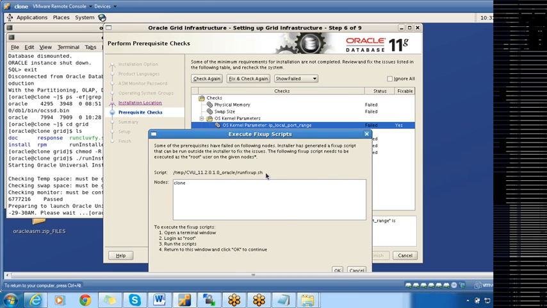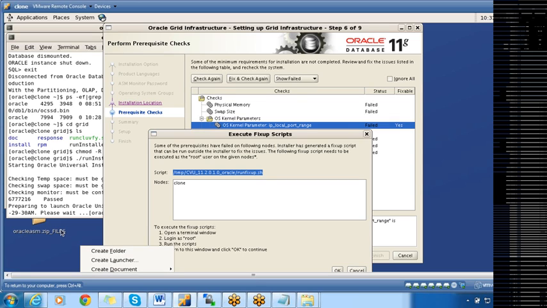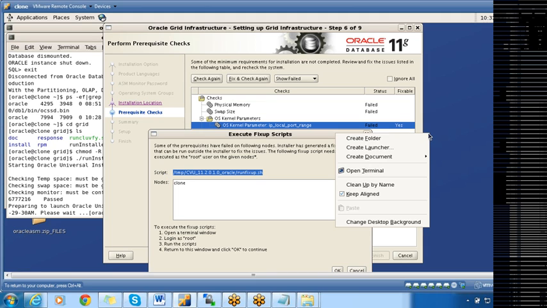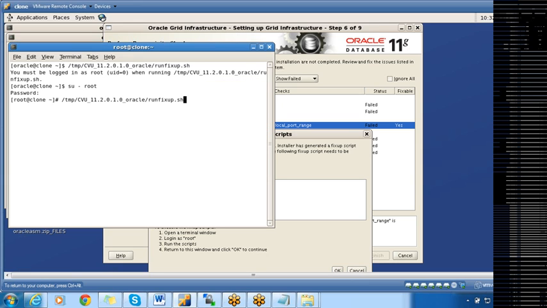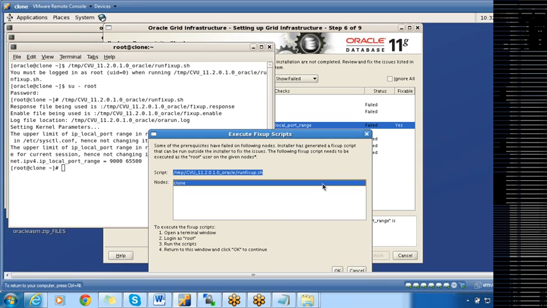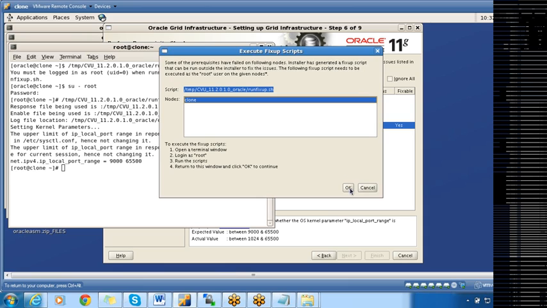And oh, we should run it as root. Okay, it's done. Now just click on OK.